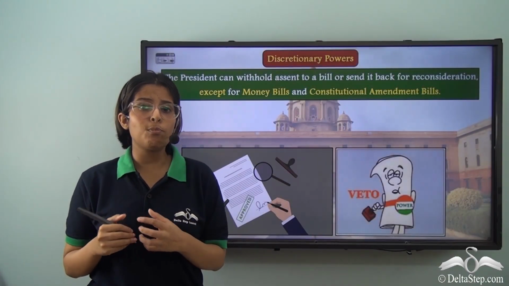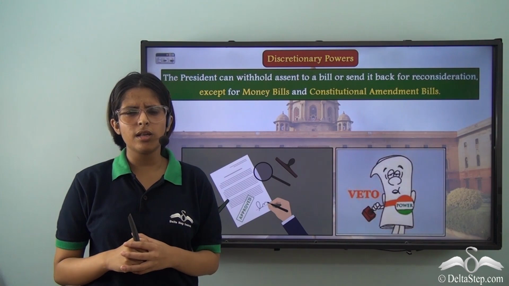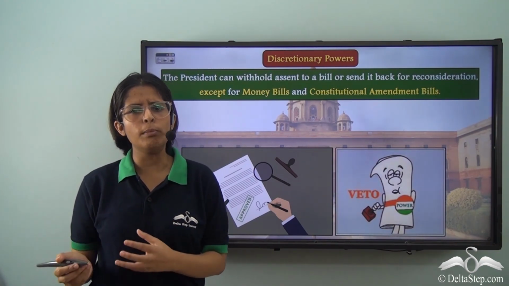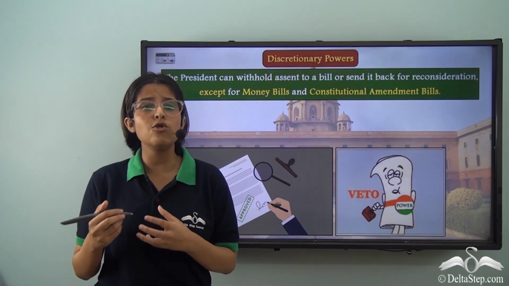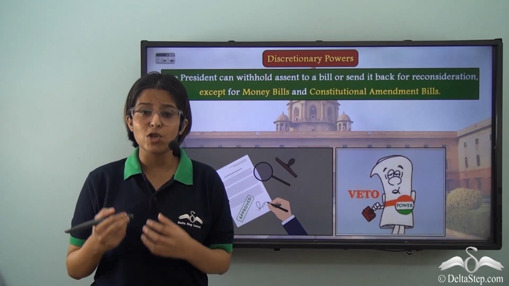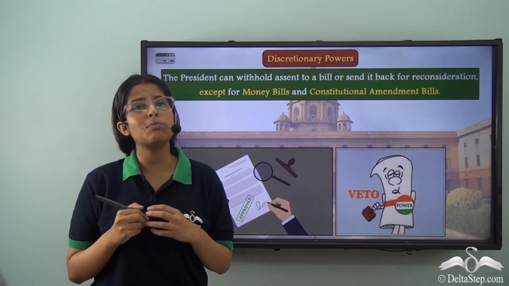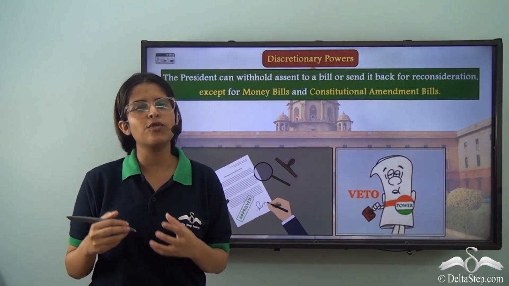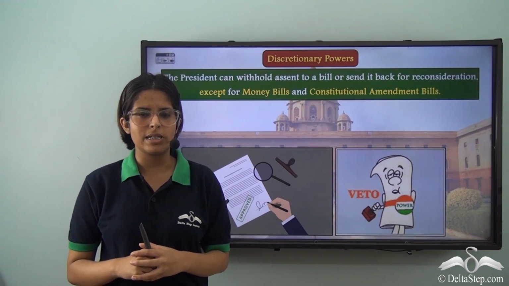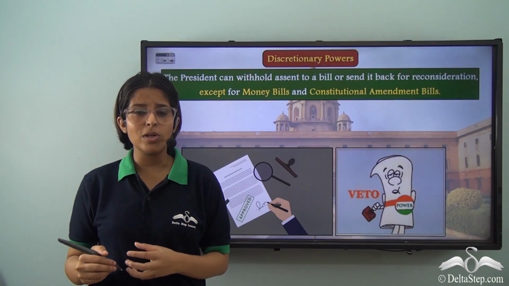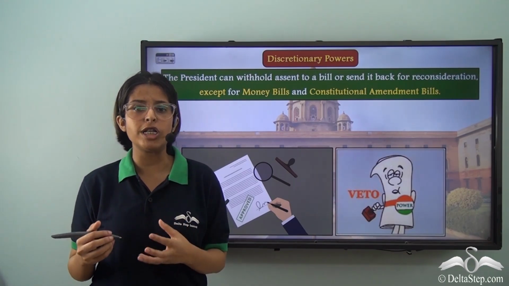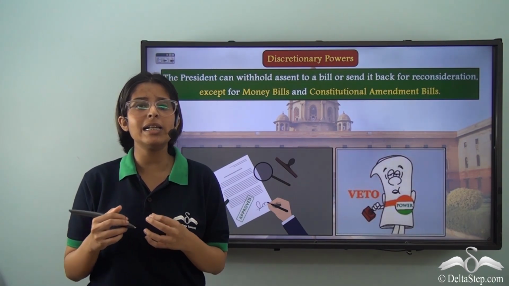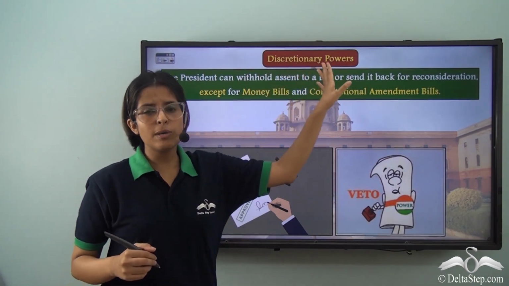After studying all the powers of the president, you must be thinking, why do we then need a post of the president if the president is only the nominal head who does not have any real powers? Well, that is not so, because in some situations the president does take his own decisions without the advice of the Council of Ministers and the Prime Minister. So, in these powers, he exercises his own freedom and will. So, his own discretion is used and it is known as discretionary powers.